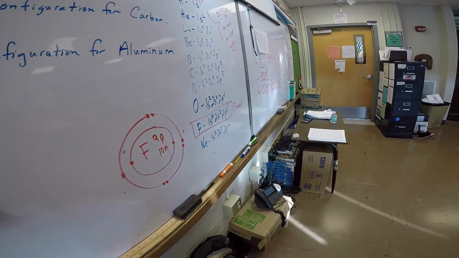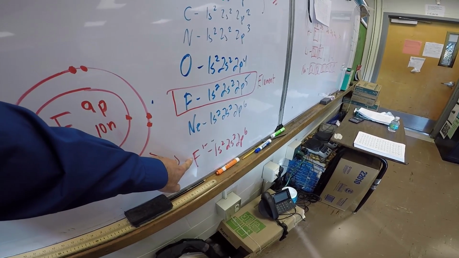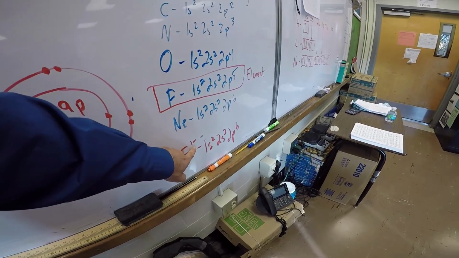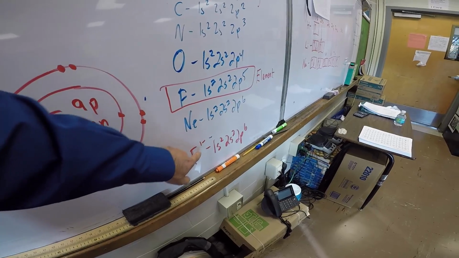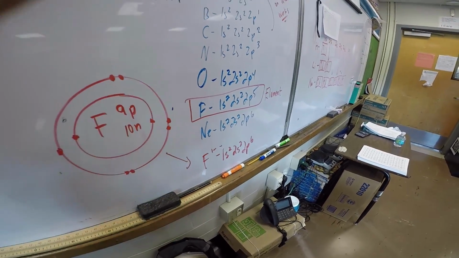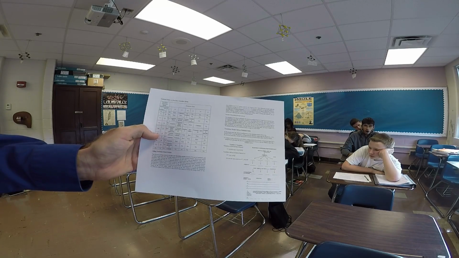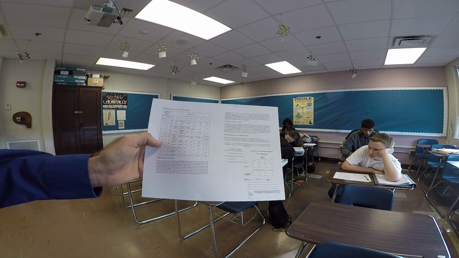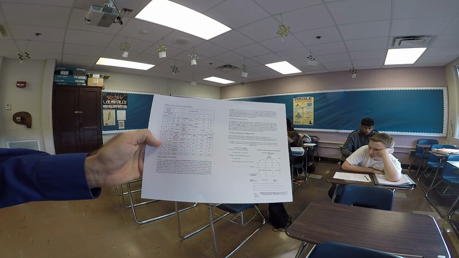So let's draw that configuration. Right, so when we write the configuration for the ion, you have to put the charge. It has gained 1 negative charge. Got it. Alright, so when we're doing the electron configurations for the transition metals, you have to find the table